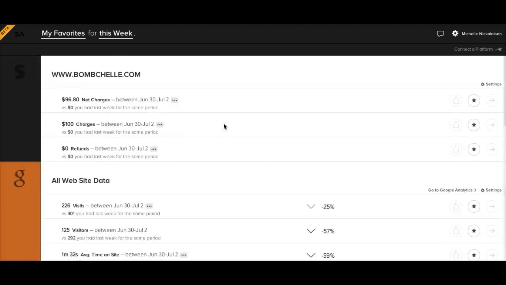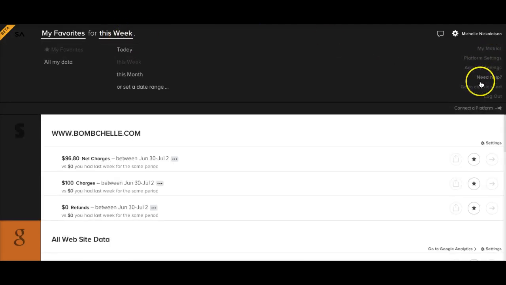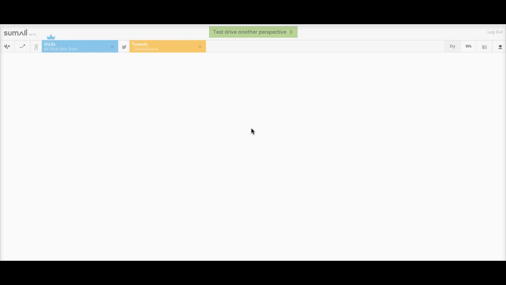So this is the normal dash, but the view that I think is really useful you get to by clicking up here and then clicking Go to Classic Chart. I don't think the other view is particularly useful for getting actionable insights out of your data. What it is, it integrates with all of these different tools. You don't install it on your site itself or anywhere else. It pulls from Twitter and Facebook and MailChimp and Google Analytics, all these different sites, and then helps you chart